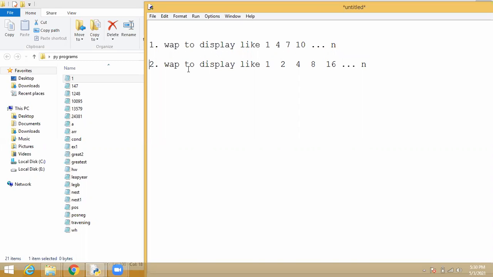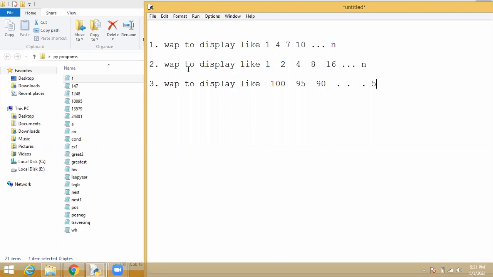Students understood the second program? Yes, sir. The third program, write a program to display like 100, 95, 90 up to 5.